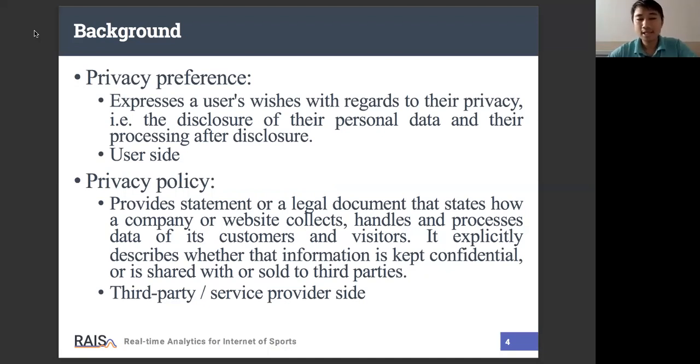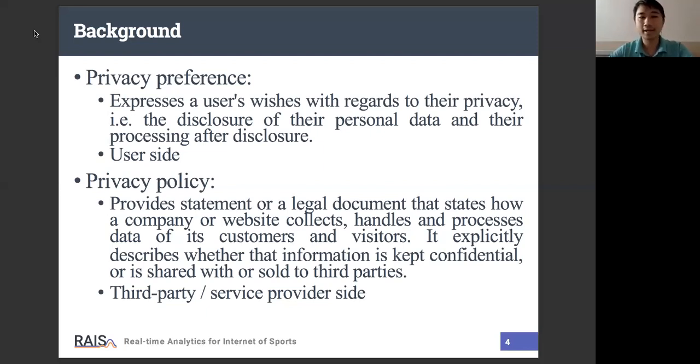And privacy policy is very different. In a privacy policy, we can easily find key information of the service provider. They always show the purpose, the type of data they collect, and whether the data is shared for other purposes with a third party, or whether they may gain some benefit from a third party when they provide service to the user. So privacy preference protects the info on the user side, and the privacy policy shows the related information on the collected data process: how, when, and why they collect the data, and even the period, how long they store the data on the